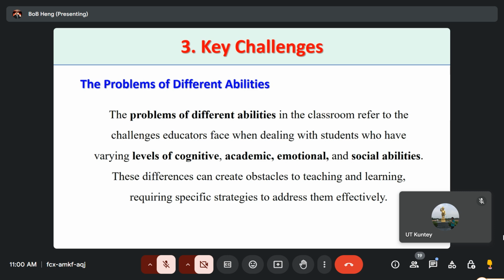What about the different ability? The problem of different ability in the classroom refers to the challenges educators face when dealing with students who have varying levels of cognitive, meaning understanding, academic, emotional, and social ability. If students come from different backgrounds, and we cannot manage properly, this will create